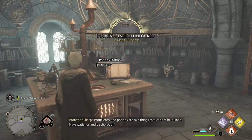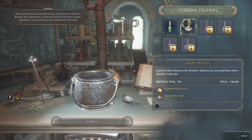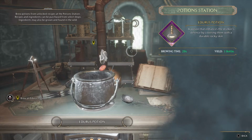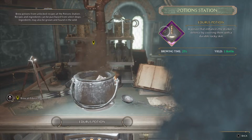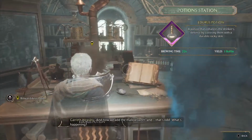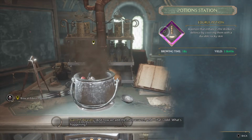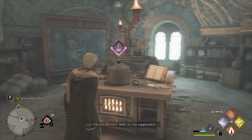Proficiency in potions are two things that cannot be rushed. Have patience and be thorough. And now we add the mallow sweet, and... That's odd. What's happening? Wait, it's not supposed to...